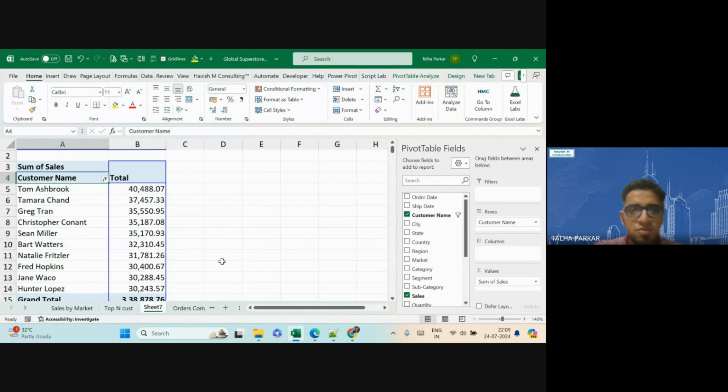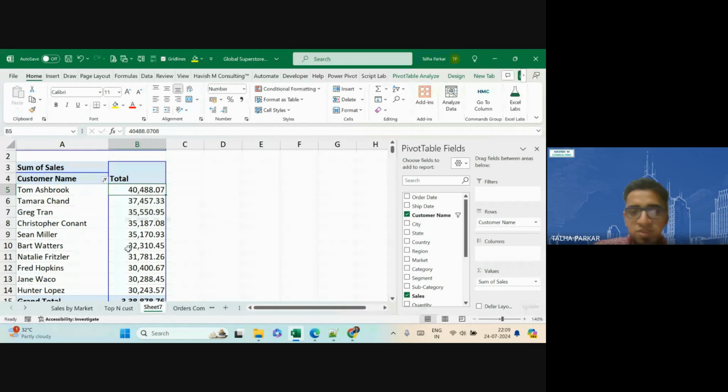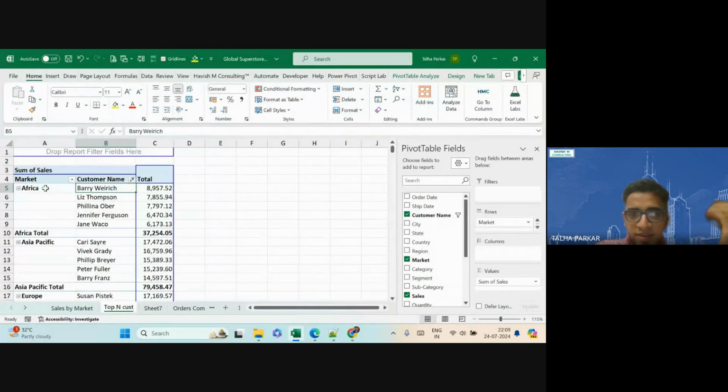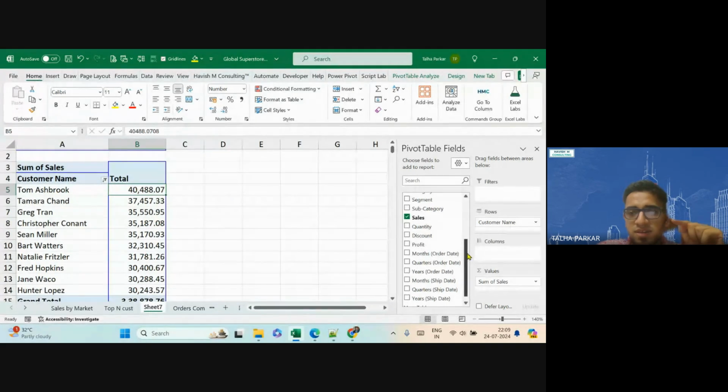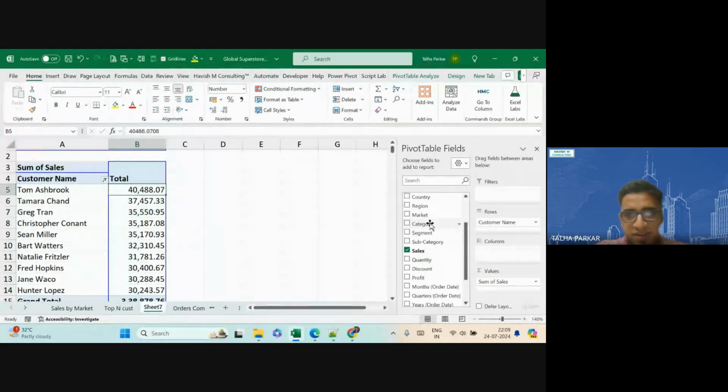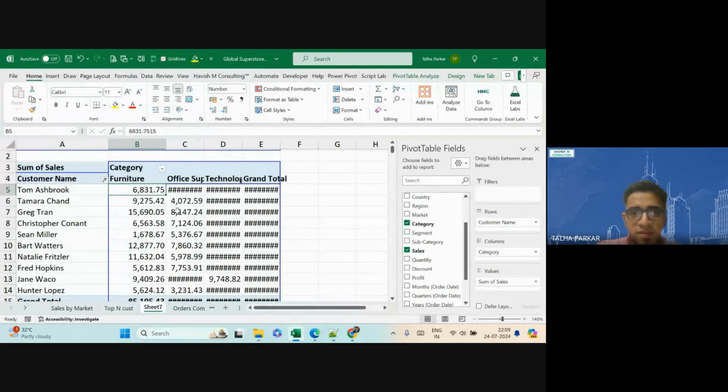ठीक है, so now what I want to do is, now see, in the previous example, when I added markets to my rows, it showed me कि हर मार्केट में मेरे टॉप 5 कस्टमर्स कौन है, ठीक है। अब मैं एक दूसरा फील्ड लेता हूँ, जैसे प्रोडक्ट कैटेगरी, मेरे पास एक फील्ड है कैटेगरी। अब इस फील्ड को अगर मैं कॉलम्स में डालता हूँ, ठीक है,